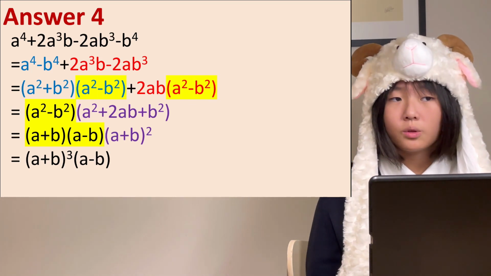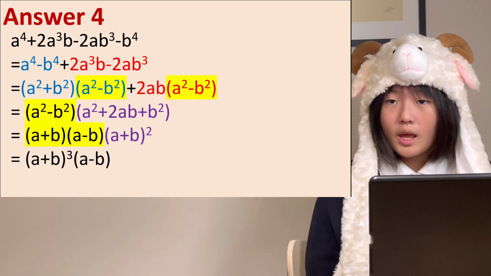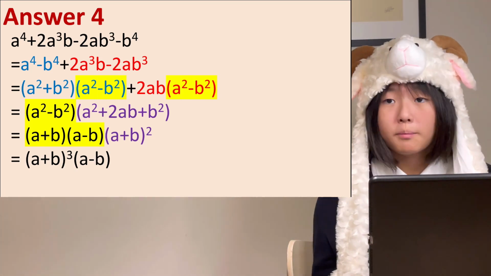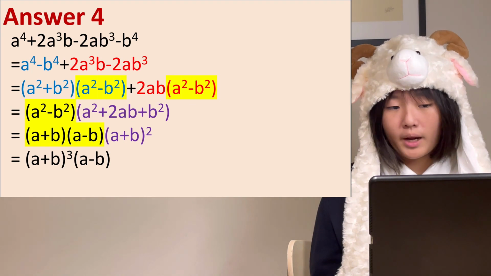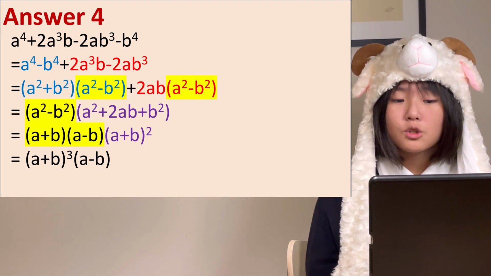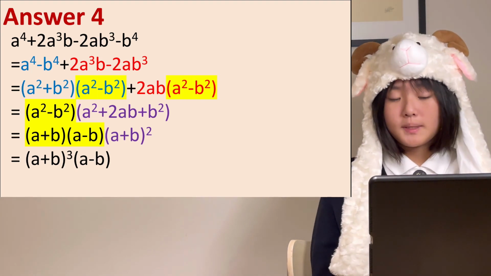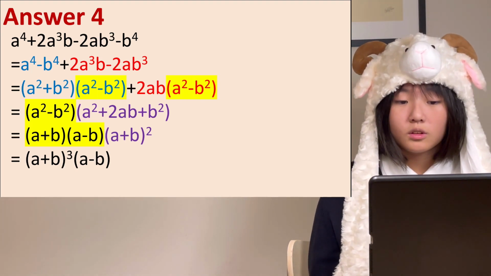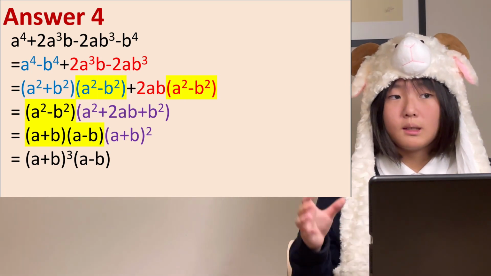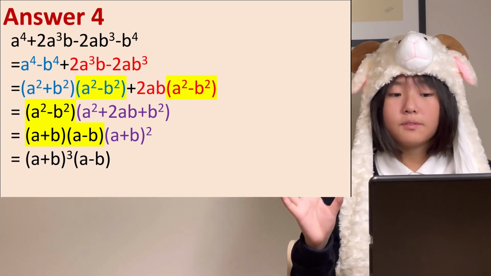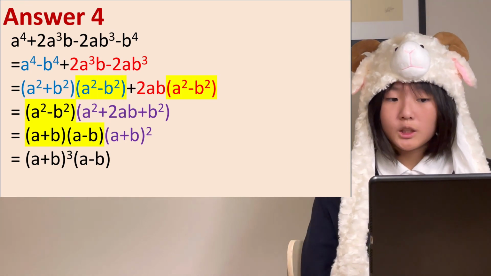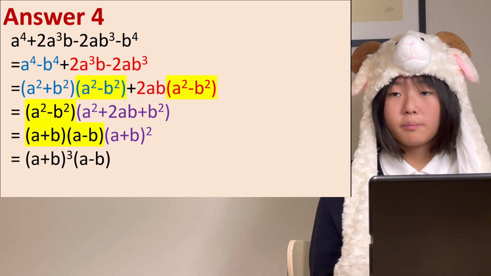So then you can factorize a to the power of 4 minus b to the power of 4 into brackets a squared plus b squared and another brackets a squared minus b squared, plus 2ab brackets a squared minus b squared. And then you can erase the brackets a squared minus b squared since it's in both sides by dividing the equation by it. And then you're left with brackets a squared minus b squared brackets a squared plus 2ab plus b squared,